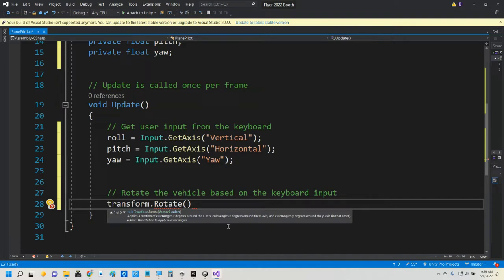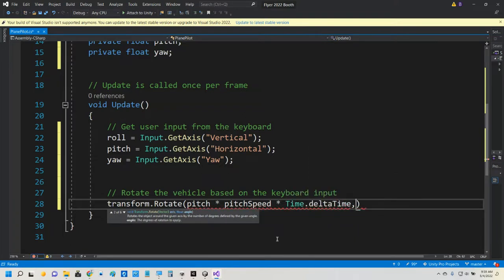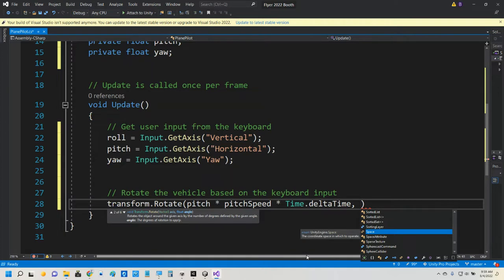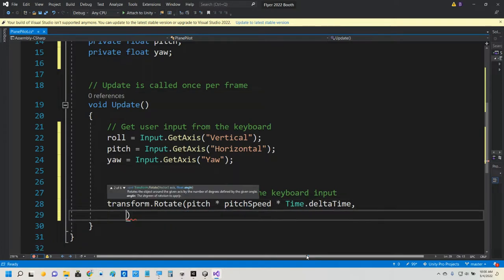So our rotation in X corresponds to the pitch of the aircraft. So we will have our pitch being multiplied by our pitch speed, and we want to multiply that by time dot delta time. And that's in our X value. And I'm going to hit my enter key and tab over to right here, and I will have next